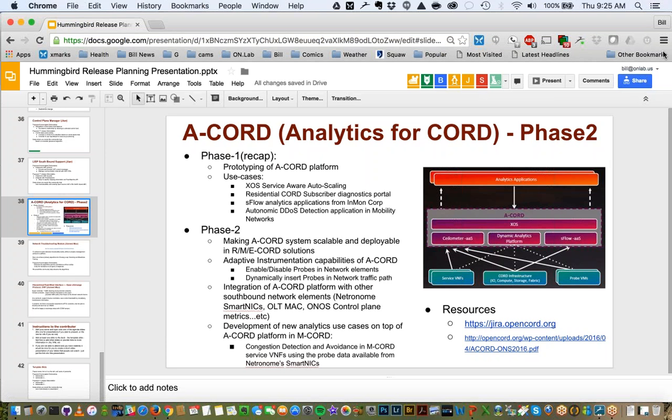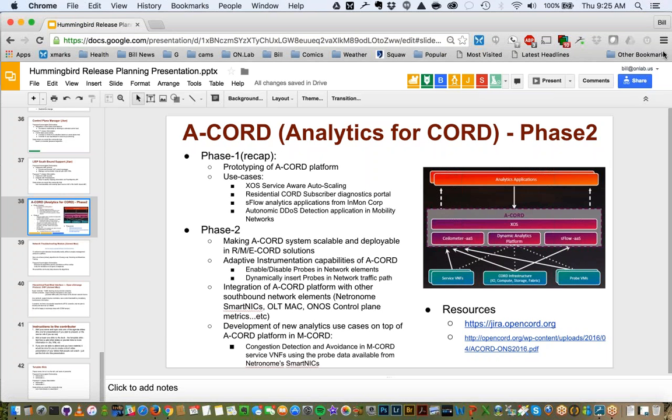And also, as Jan was mentioning in the previous slide, we have some ONOS control plane metrics, which will provide more insights on control plane information that can be leveraged by the applications to do either scaling of the ONOS instances or